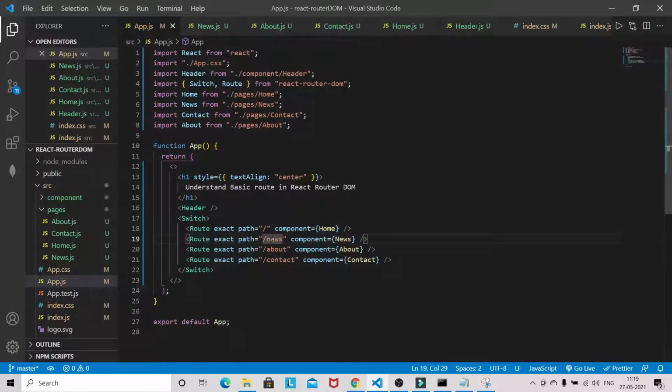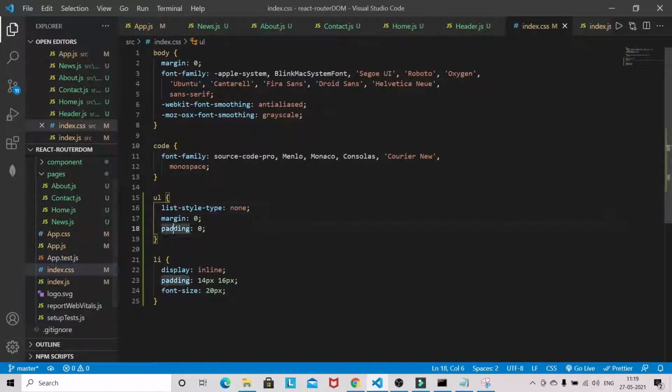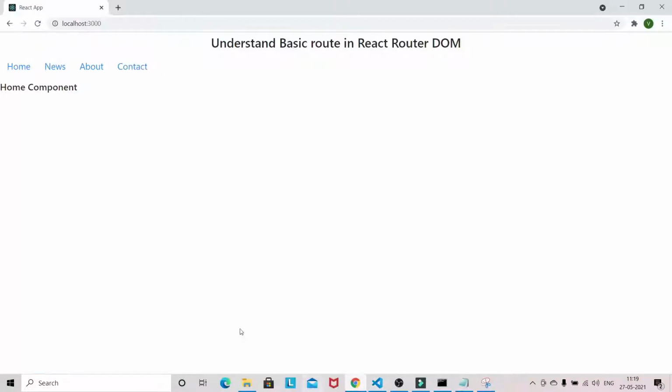Here I have also done some basic styling to show the navigation properly. You can do this in your index.css file, and then your navigation will look like this.